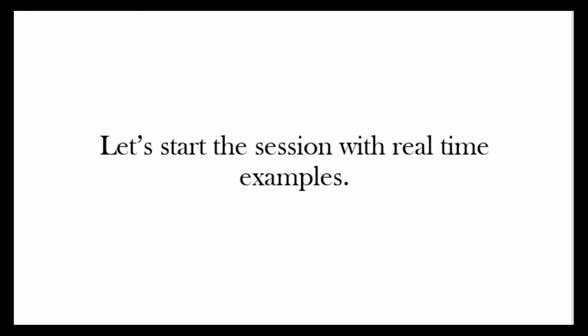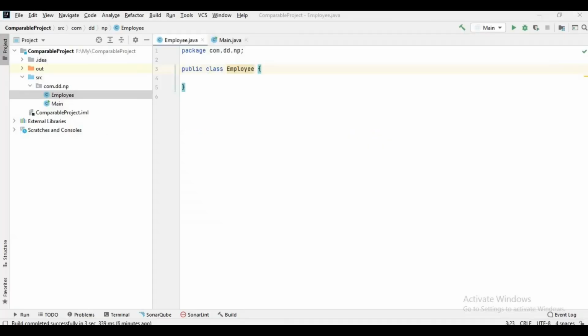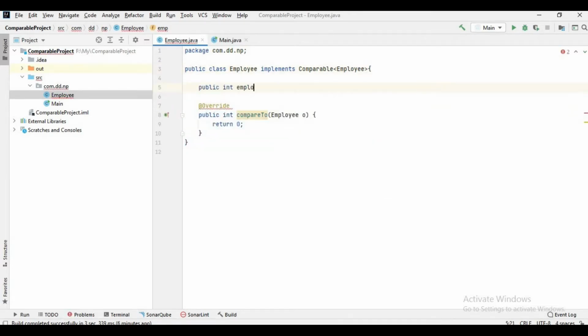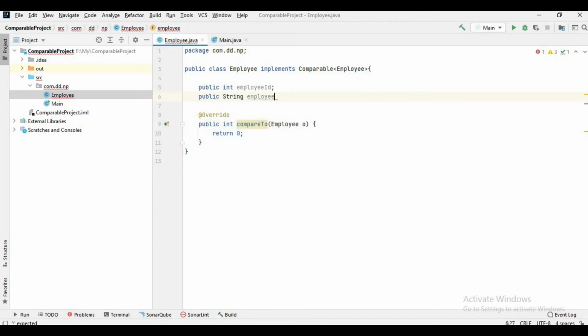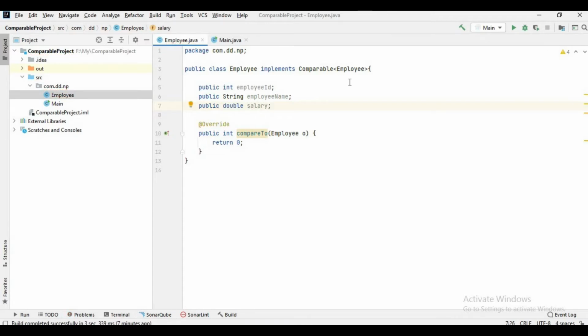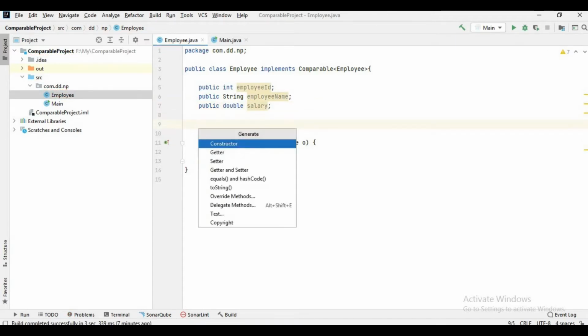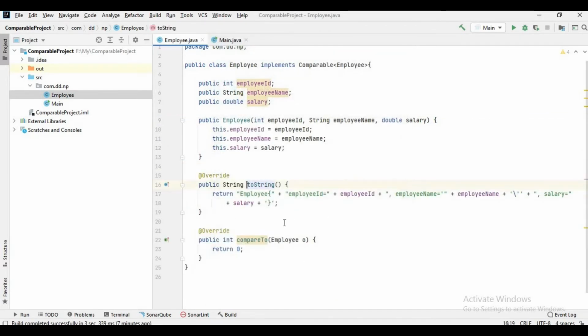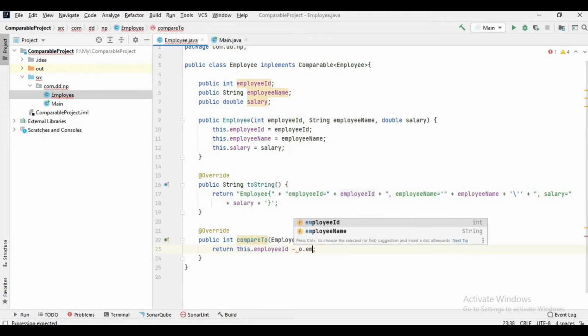Let's see the examples of Comparable and Comparator. As you see here, I'm going to implement the Comparable interface in the Employee class, and I need to override the compareTo method. I'm going to take some properties like employee ID, employee name, and the salary of the employee, and after that I need to use a constructor with some parameters, and after that I'm going to add the toString method, and just later I'm going to change the logic of compareTo,